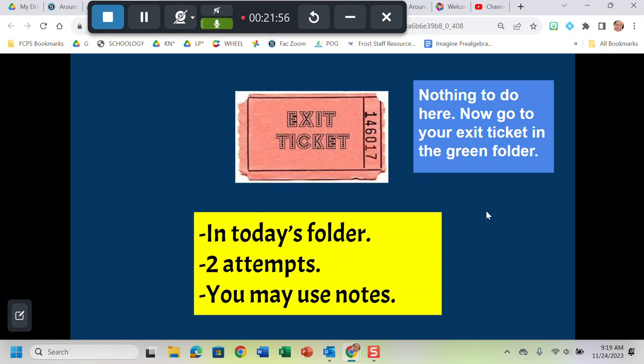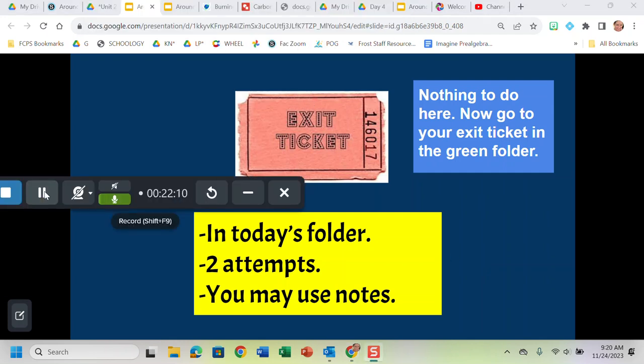All right, there is nothing to do on this screen if you were doing this as a Pear Deck, because some of the classes did, but you can go into the folder for today and try the exit ticket. Use your notes, of course. And just double check, make sure you're really understanding the vocabulary. If you had questions on any of the exit tickets so far, you want to make sure you go back to them. And in a few classes, you're going to have your test on this material. Don't forget, your test is going to include some questions on photosynthesis and cellular respiration, and also questions on the carbon cycle. It's going to have more questions on the carbon cycle.